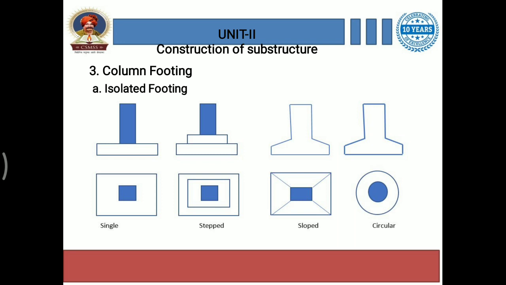So these are the plan and elevation of each section. Single footing for individual column, this is isolated footing in a square form, first one. Then step footing, slope, circular, these all are the different forms of isolated footing. So the next one is